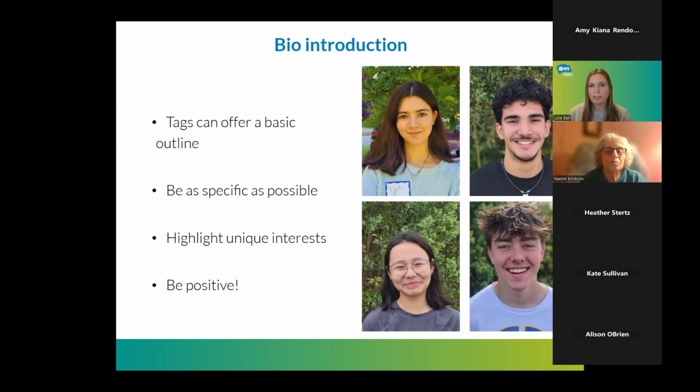Be as specific as possible in your notes so that when you go to write the bio, it's really easy. Highlight unique interests. You'll find that sometimes it's a struggle to find what makes the student unique, different from the other students, whether it's an interesting sport or certain traits that set them apart.